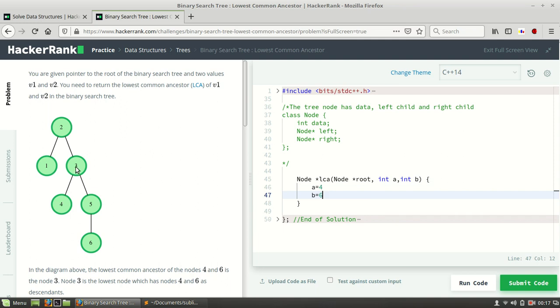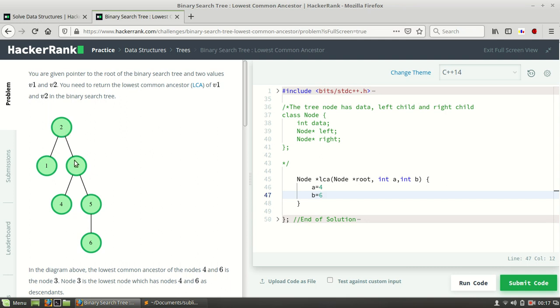So we will make a condition that if a is smaller than the node data and b is greater than the node data, then we will return that node. Okay, so in the first case it was not, because a is not smaller than the root data, but b was, but we have to satisfy both the conditions.